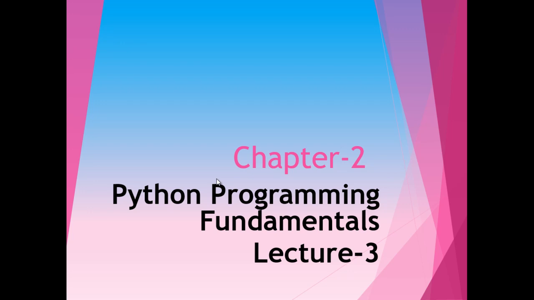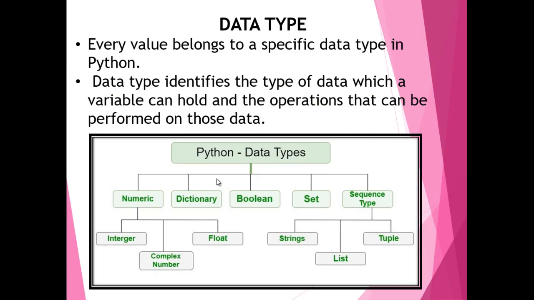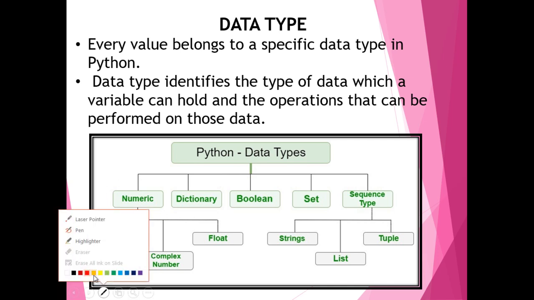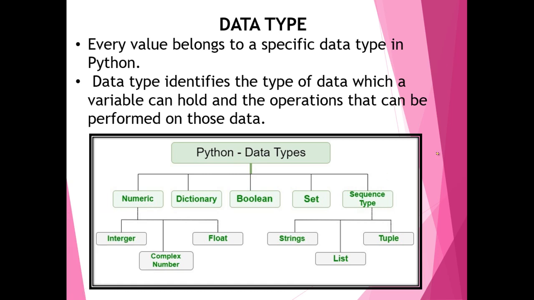In the previous lecture we discussed data types. Data types define the type of value that can be stored in a variable, as well as the different types of operations that are supported by that variable. We learned about the data types in the previous lecture, and we came to know that there